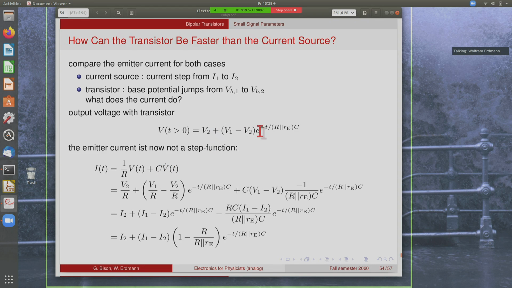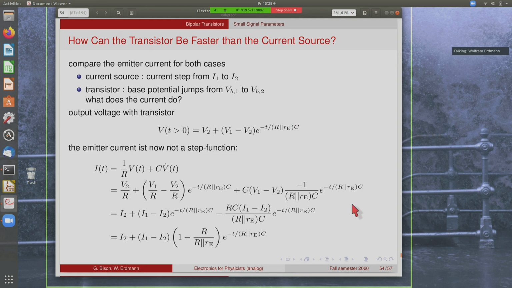So you need the derivative of this. So here we have simply V2 divided by R plus the difference, V1 minus V2 divided by R, and the exponential, and then the C times the derivative, which is this term here. So you get a minus 1 divided by the term that you have here